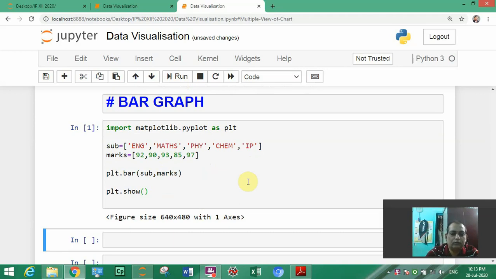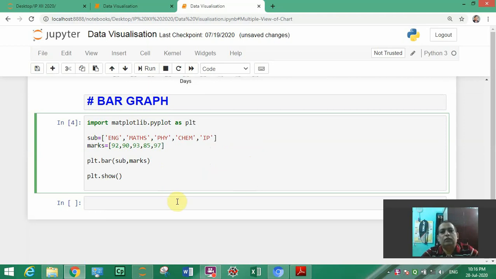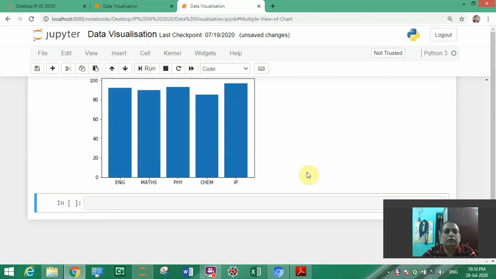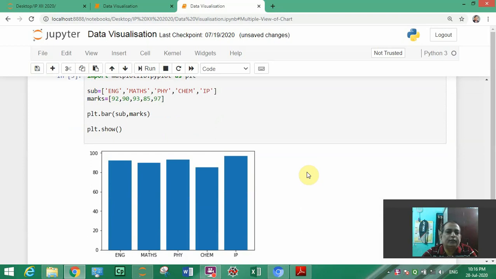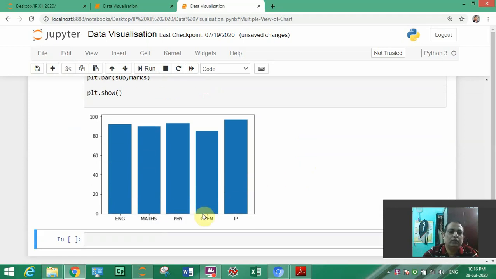It is showing all subject names on the x-axis and the ruler for marks, and you can see minimum marks is in chemistry and maximum marks is in IP.